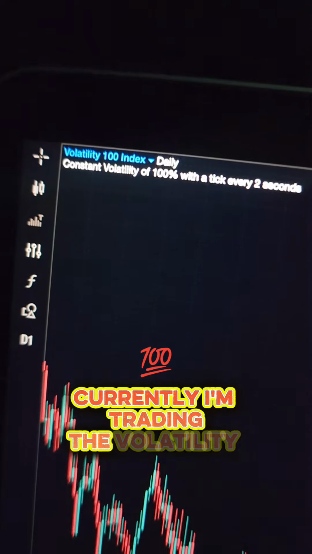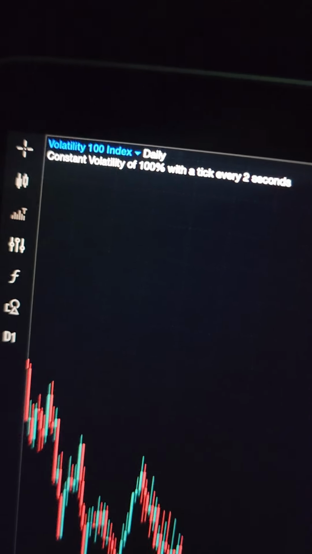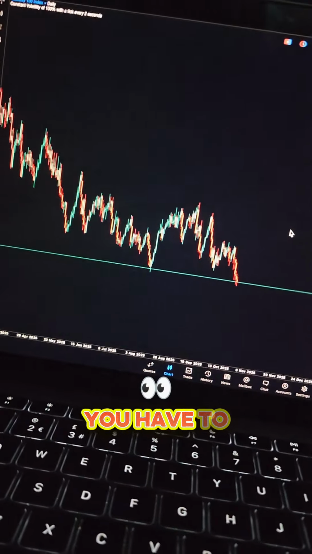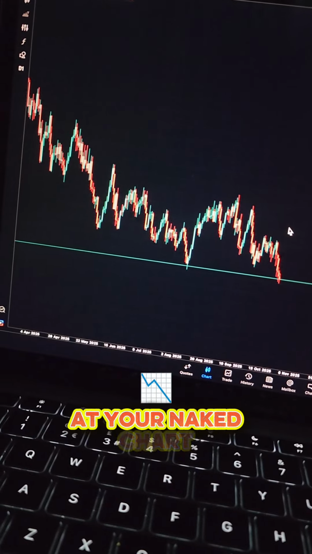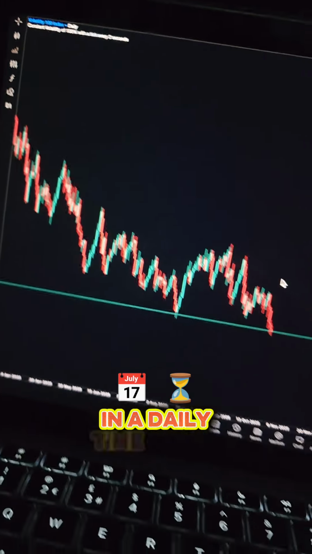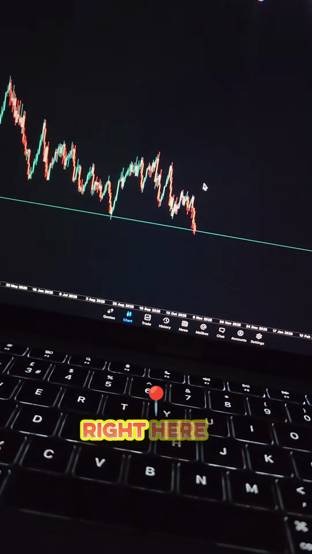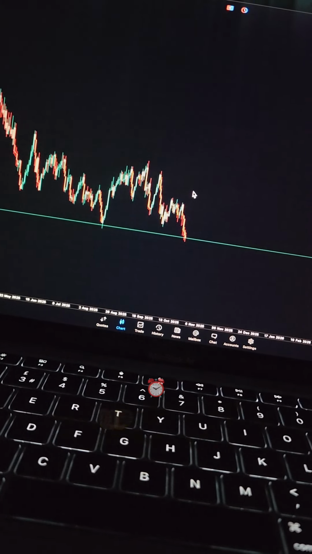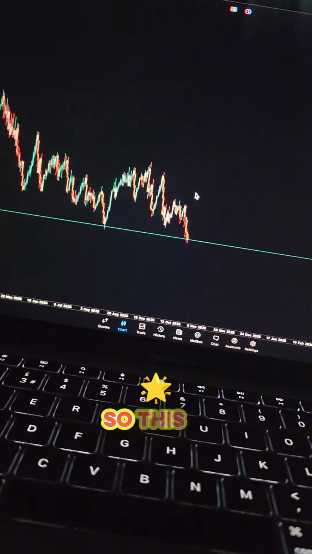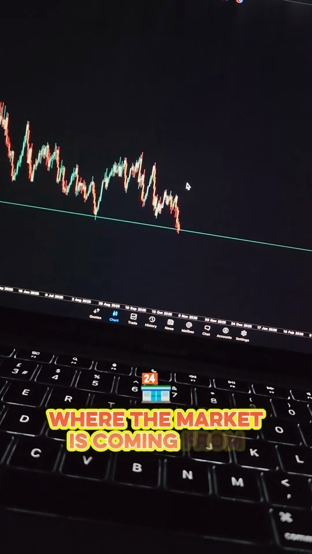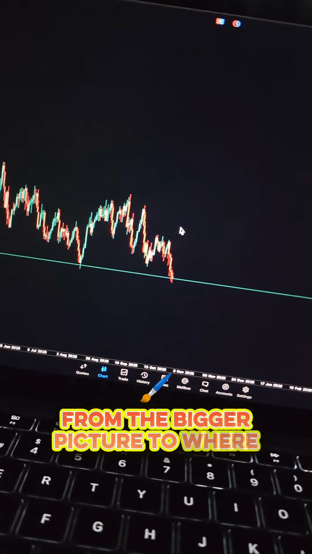So as you can see, currently I'm trading the volatility 100 index in the daily time frame. What you need to know is you have to take a look at your naked chart from a bigger time frame, right? As you can see, we are in a daily time frame. So what we are going to do right here is analyze the market from the higher time frame up to the lowest time frame. This is very important because it helps you understand where the market is coming from in the bigger picture to where the market is going